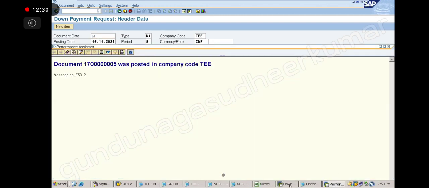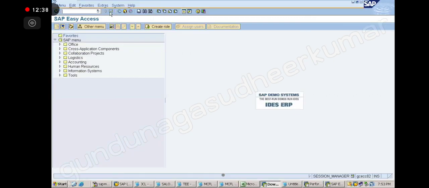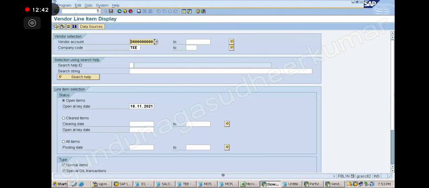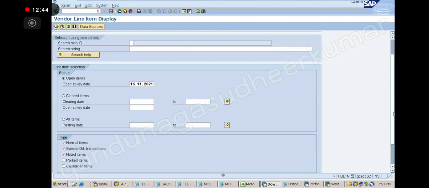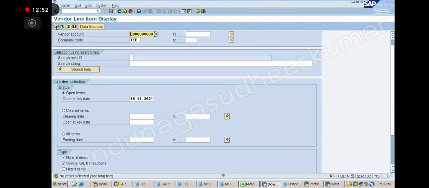So what is this? If I go to FBL1N, if I select normal and special only, and execute, you see, no item.